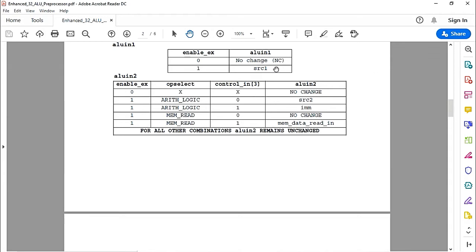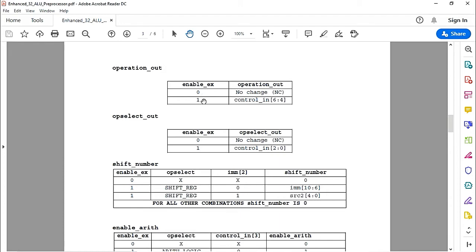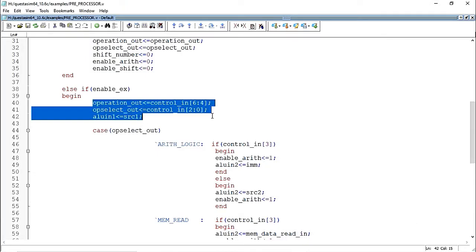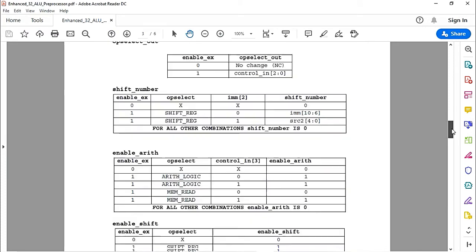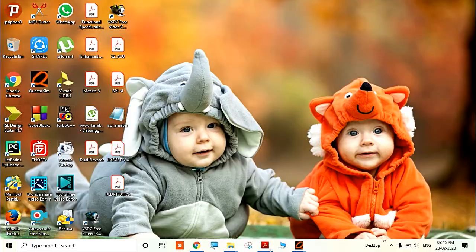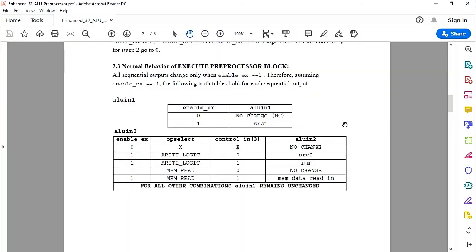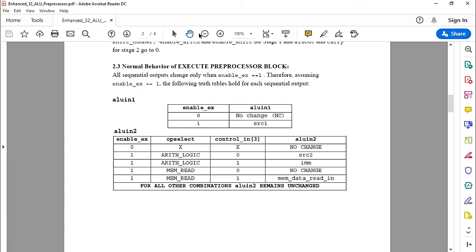If it is 1, else it is the condition. If it is 1, first of all, directly this will come to these signals, because the description shows that the first two blocks, that means this block, if enable X is 1, it does not depend upon any other thing. Directly, if it is high, ALU1 is fed to SRC1. Similarly, the other two blocks depend only on enable X. If it is 1, control in 1 goes to operation out, control in 2 goes to operation out. So these three signals are declared here. So remaining cases,